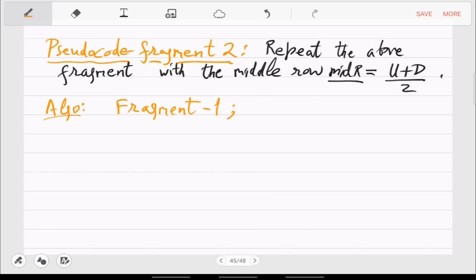So fragment 1, then you do fragment 2, and then you repeat. You repeat till left and right, till you have a 1 cross 1 grid basically.